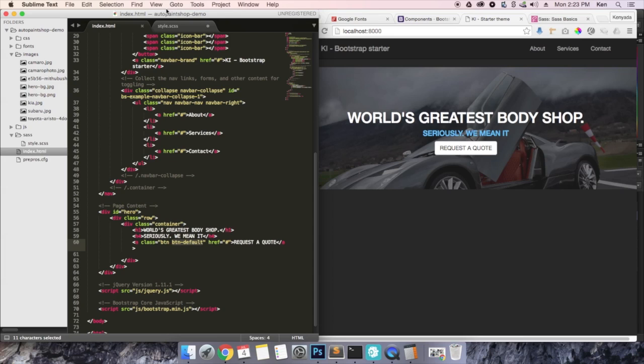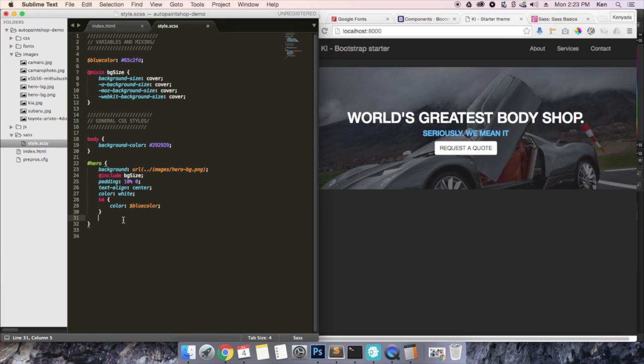So we want to change that to our own. I'll just target default. Targeting a class is different from targeting an ID. You target IDs with the hash you see up here at the top where it's hero. A class you do with the period. If you want to learn more about that, like I said before, I'll include some links to CSS and HTML information so you can catch up on that. So we hit period, btn-default,